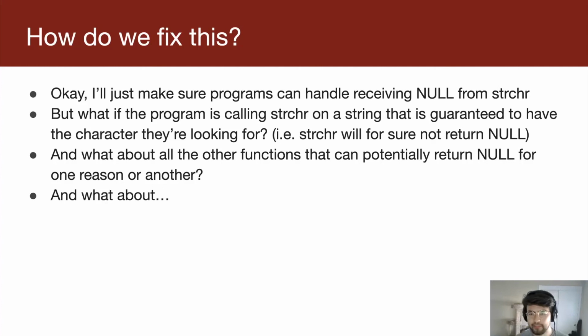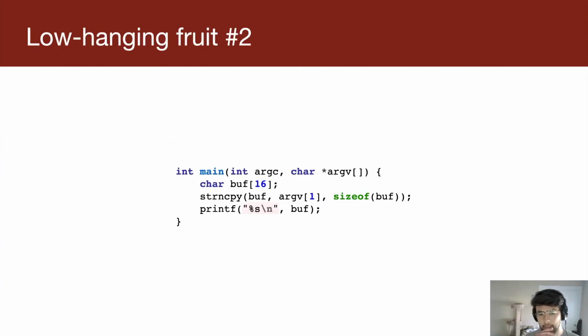And okay, even if you could fix this problem, here's a different program. I allocate a buffer and I copy using strncpy into this buffer. There's no buffer overflow here, because we're saying copy up to 16 bytes from our input string into this buffer. So no buffer overflow, life's good, except if your input is longer than 16 bytes, it will take the first 16 characters and copy them into the buffer, and it won't null terminate the string. So it's filling the buffer with 16 bytes, no null terminator.